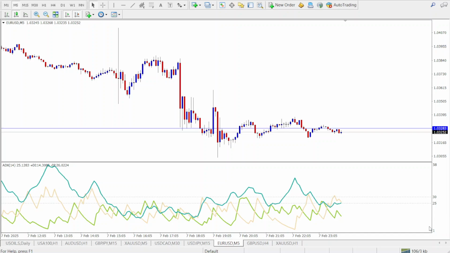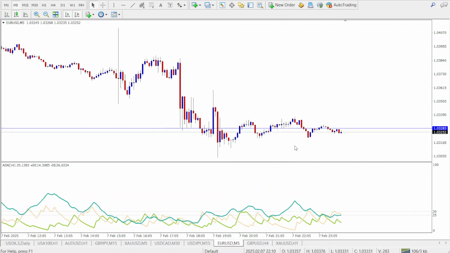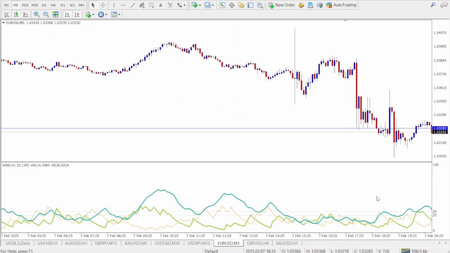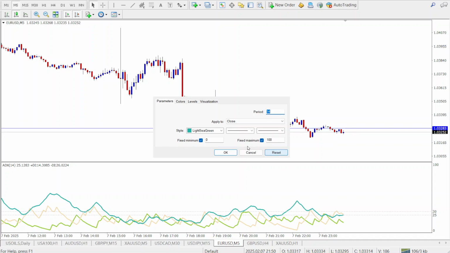Now the ADX moves between, you can see this indicator window, a minimum of 0 and a maximum of 100. You can go to the ADX settings and use a fixed minimum and a fixed maximum if you don't want the figures to be changing. However, if you just want to keep it default, then we can reset this and